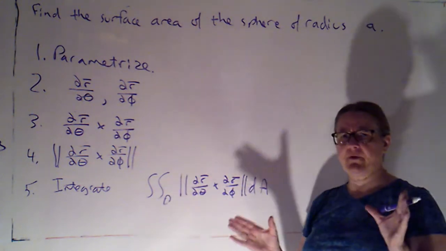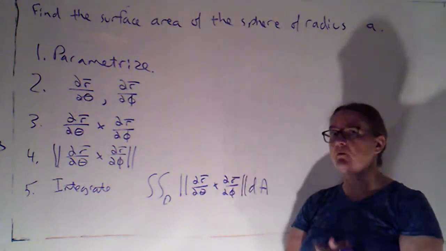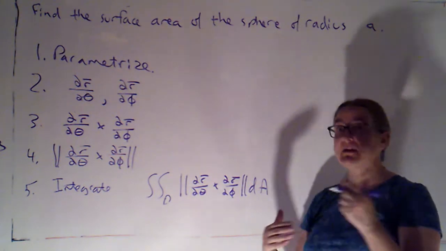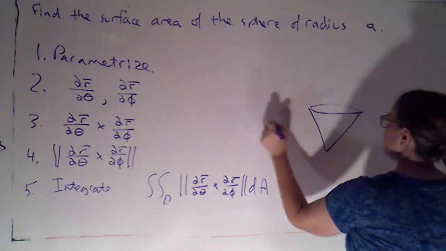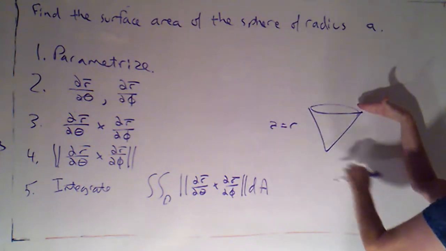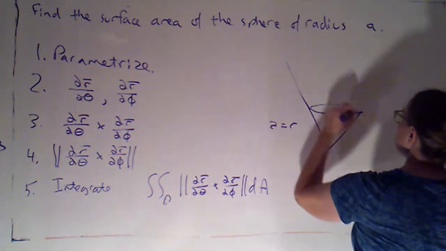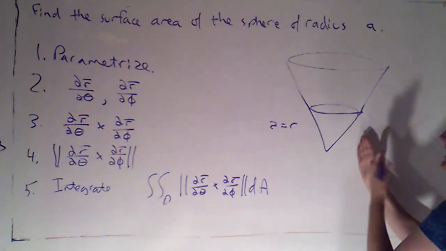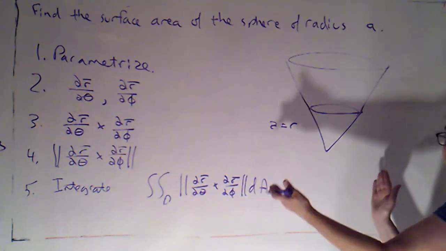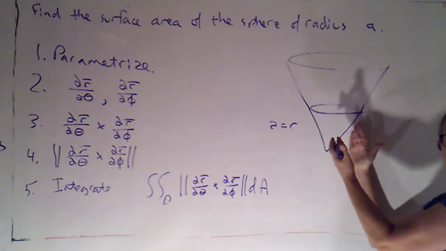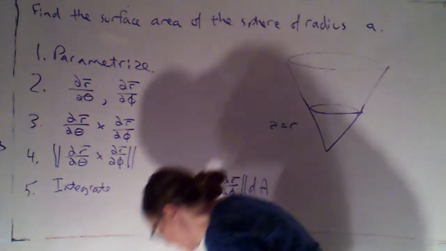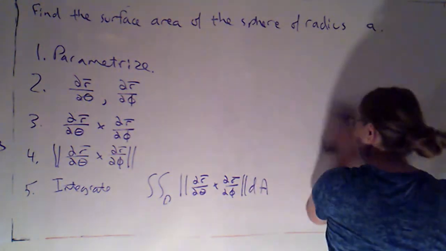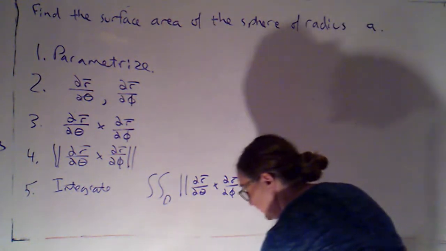So in the last example that we did, we were working with a cone, and we were just working with a part of a cone. If we hadn't restricted our r values to be between 0 and 2, it was the cone z equals r. If we hadn't restricted r to be between 0 and 2, we would have continued the cone up too high and gotten part of the cone that we didn't care about. And if we hadn't restricted theta to be between 0 and 2 pi, we would have gotten multiple copies of the cone.